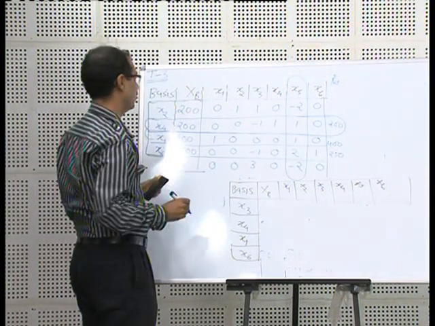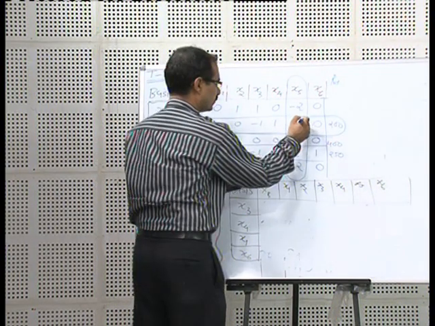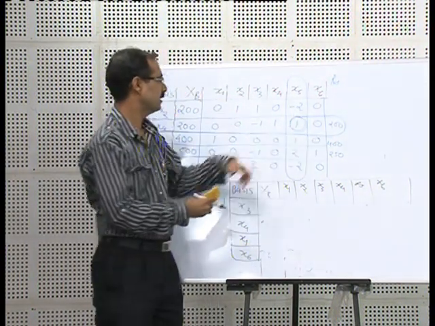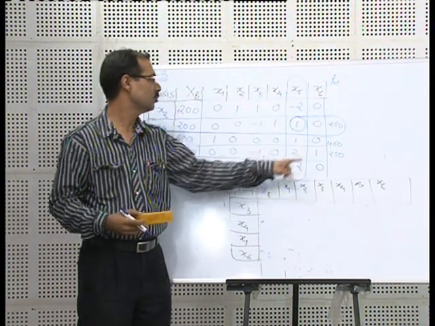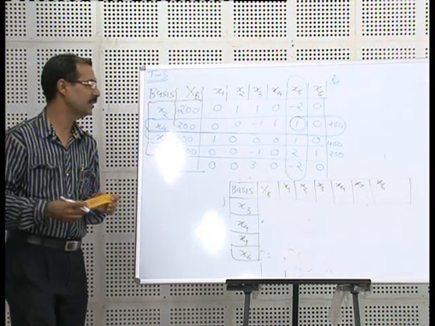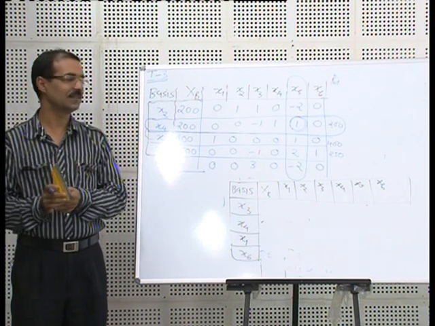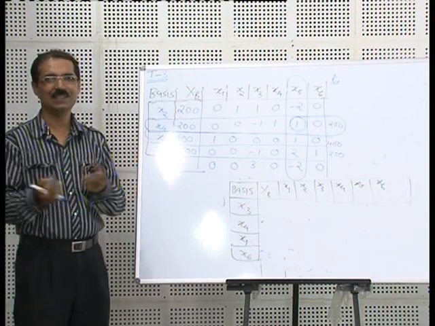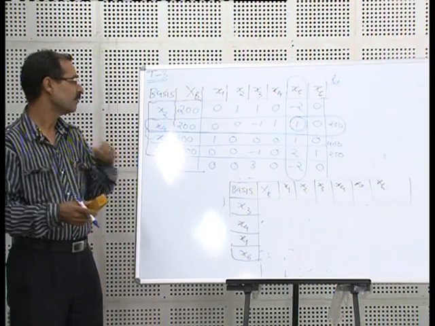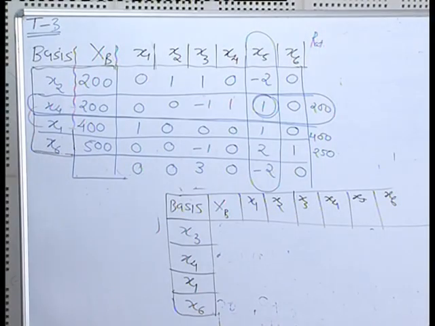This 1 is the intersection of the selected column and selected row, so we call it the leading element. And what a coincidence, for the consecutive third time the leading element is the same 1, and there cannot be a better number than 1 in this case. So the question is, how can we go to table number 4 from this table?